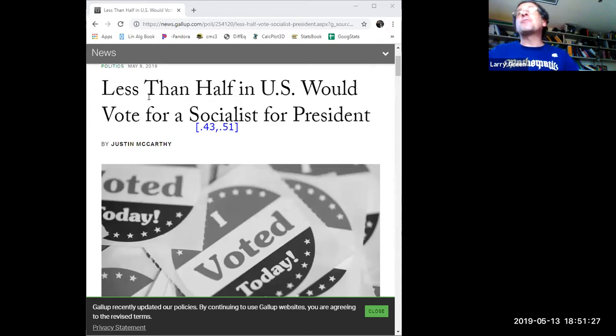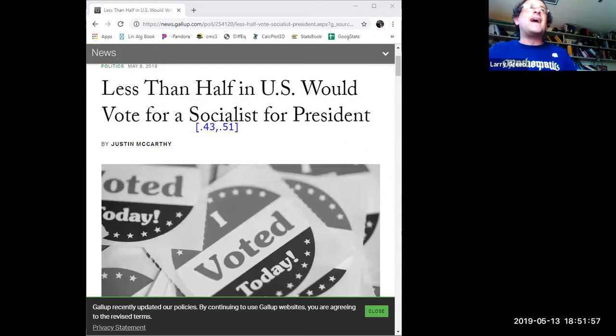Because if it's somewhere between 43% and 51%, that could be more than half. It could be less than half. We don't know. You can't definitively say less than half with 95% confidence. Happens all the time that people blow it, you mean? It does. Okay, or insert their own agenda. On the other hand, let's see if they blew it on the margin of error. So let's take a look at that.